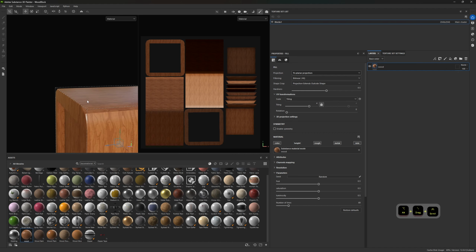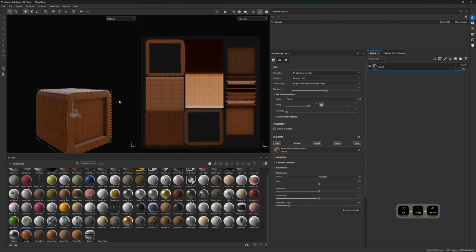There, right? And then you can play with the rotation too if you needed to, right? I'm going to leave it like that, right? Then what I'm going to do is we're going to take a quick search for paint,